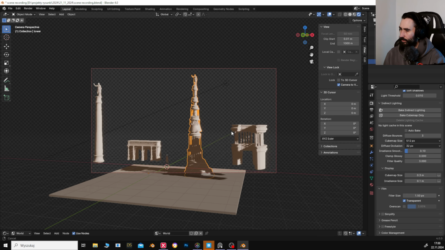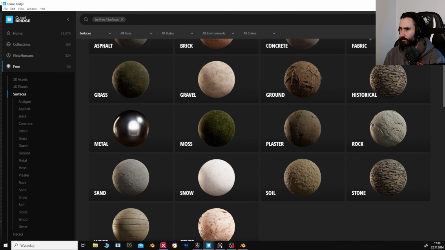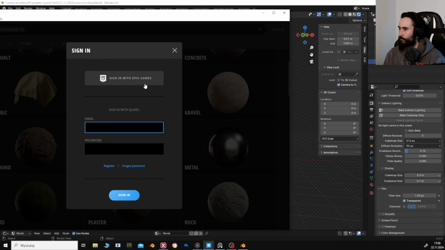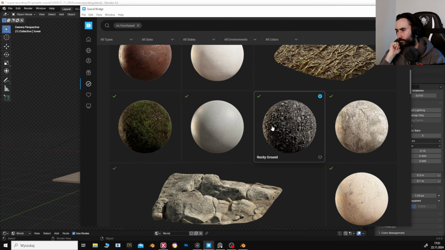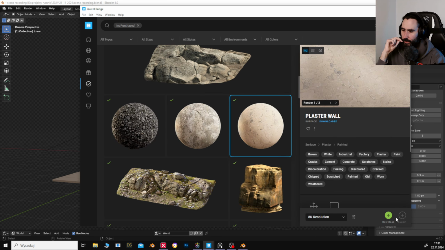Okay, one more thing, textures. There are ways of texturing. One way is to use Quixel Bridge. For now it's free, but soon it will be paid, but we'll be using the free version. So, you know, Quixel Bridge is this program. Oh, I'm not signed in. It's not good that I'm not signed in. Wait a minute. Okay, we are in Quixel, and I have some purchased